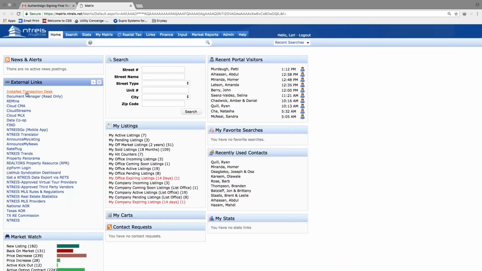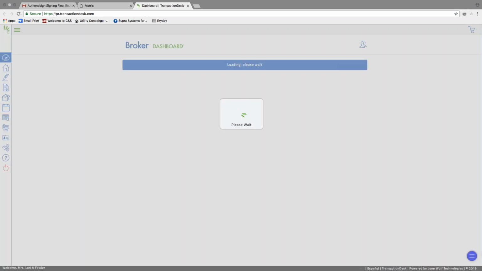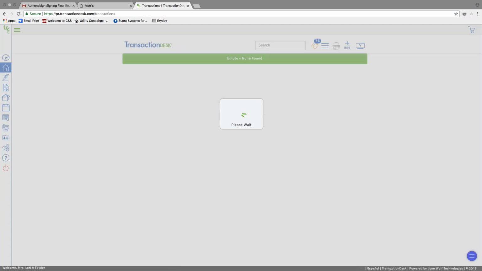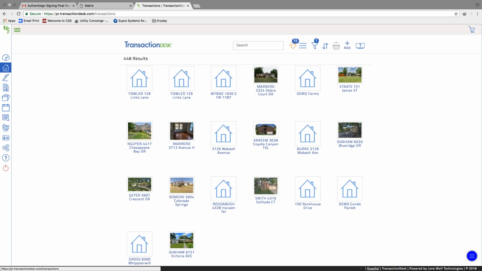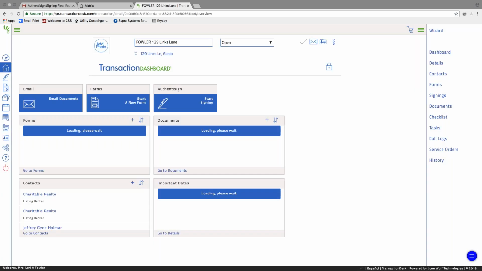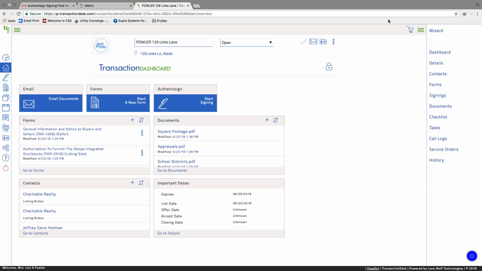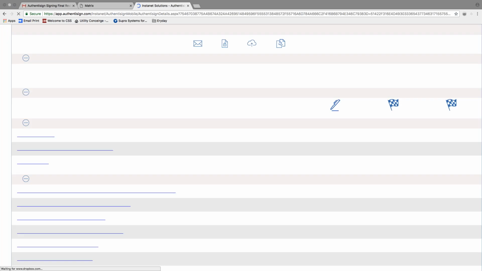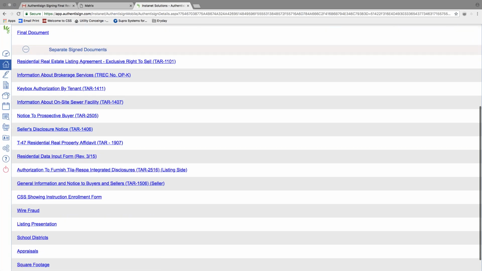Now, if I go back into my Matrix Instanet Authentisign Transaction Desk link, if I click here, here's the other thing I love about Authentisign. If I hit my home button on my dashboard that takes me to all of my transactions, and I click on the one that we just made for this listing appointment, if I go to the signings bar right here, and I click on the transaction signings, it will have every single file,